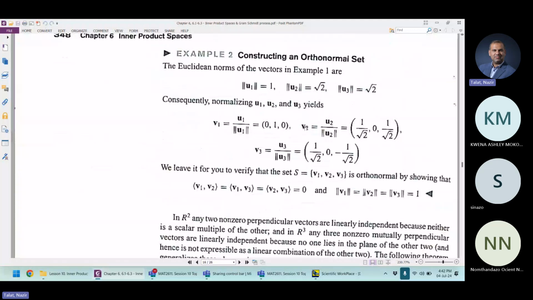Similarly, if we take v2 equal to u2 divided by the norm of u2, then again we will get a unit vector. For u3, the norm of u3 is this, and if we divide u3 by the norm of u3, then we will get a vector v3. This v3 is a unit vector, because if you take its norm again, the norm of